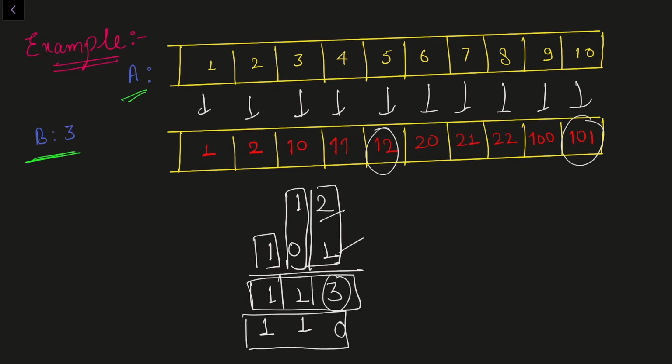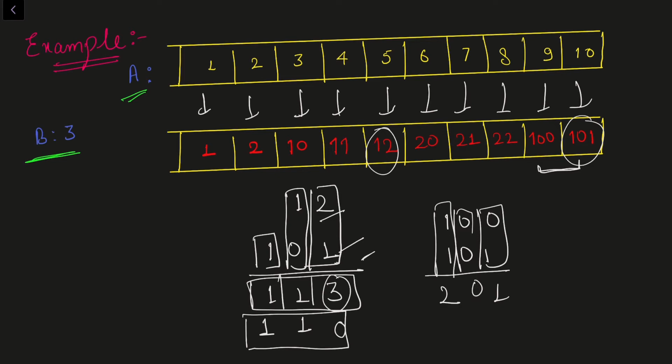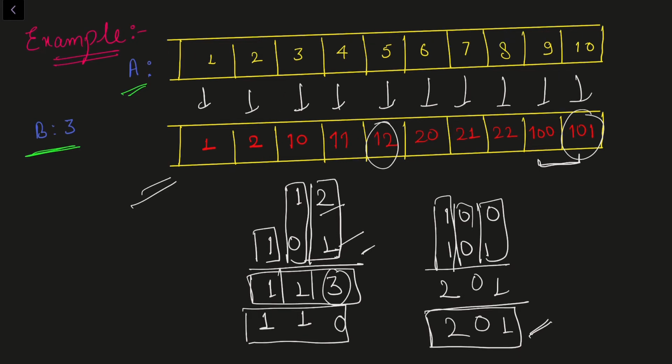Now we need to maximize the answer. In this example, we can see that if we take these two numbers, that is 100 and 101, and if I repeat the same procedure that I did here, that is 1 plus 0, that is 1, 0 plus 0 will be 0, 1 plus 1 will be 2. Now doing modulo by 3, it will remain 1, it will remain 0, it will remain 2. So I'll get 201 here. So for this specific case, 201 is the best we can do. Okay, so that's what we need to calculate for any array given to us. And if I convert 201 back to integer, it will be 19. So for this specific case, the answer to our problem is 19. So in this way, we need to solve this problem.